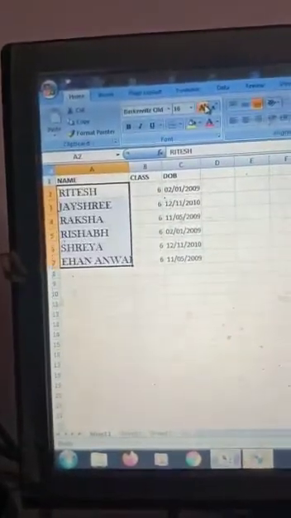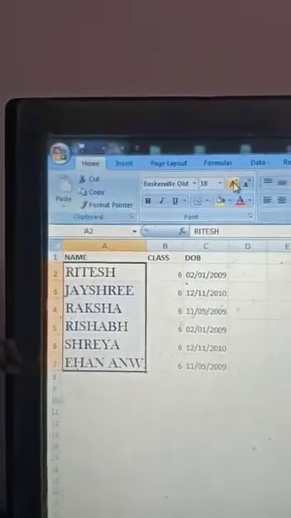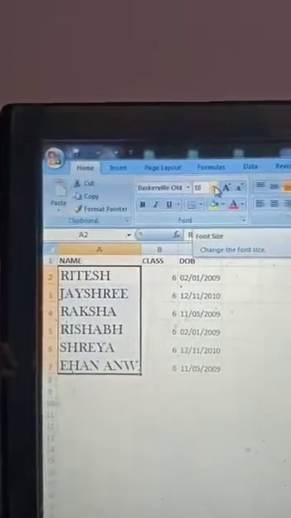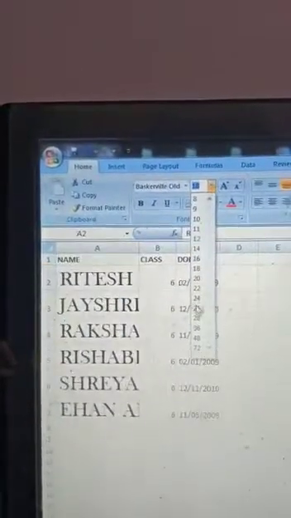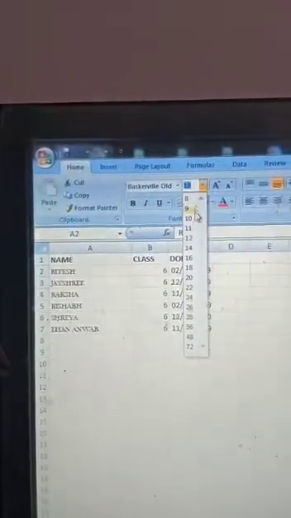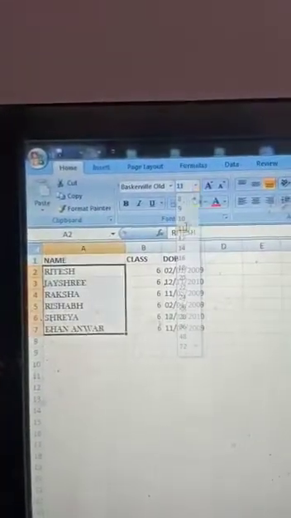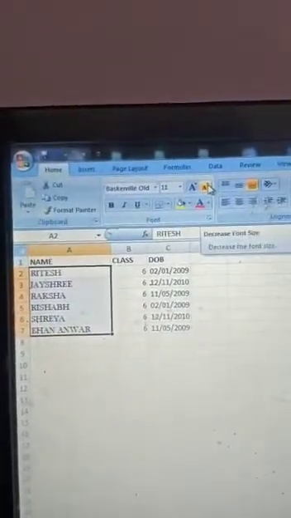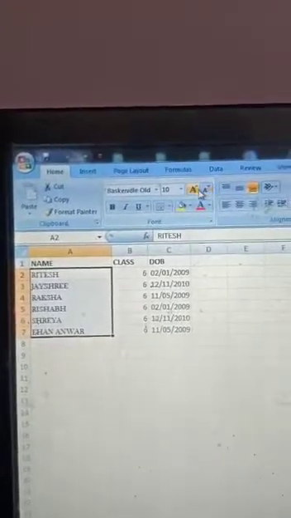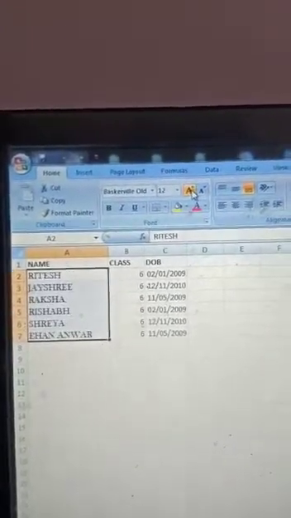Okay, changing the font formatting. In this you have to change that font, and then you have to increase the size. Look also here, that's 16, 18. Okay, if you want to grow the size, then by this button you can also increase the size. Okay, and decrease the size, and this is the way you can also decrease the font size. Okay students, that is very easy. You have to practice it.